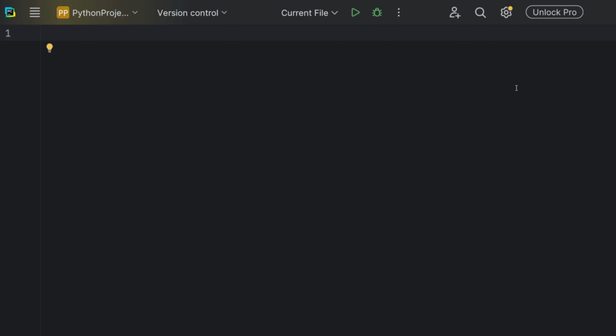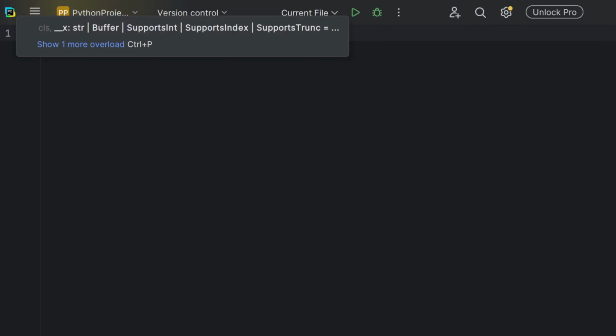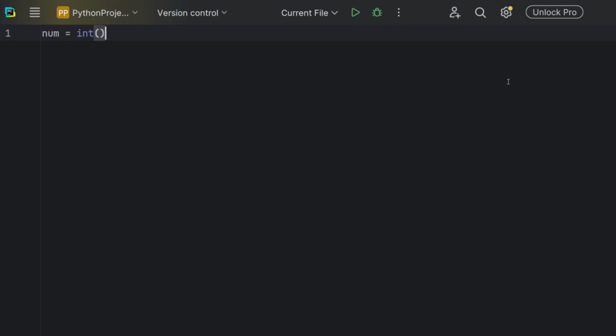Next up, we have something called a value error. A value error happens when the type is right, but the value is wrong. So for example, if you have a number, we want to have a number is equal to int of. So we're converting a string into an int. So if I take in the brackets to be hello.